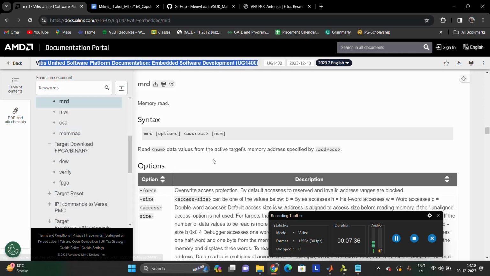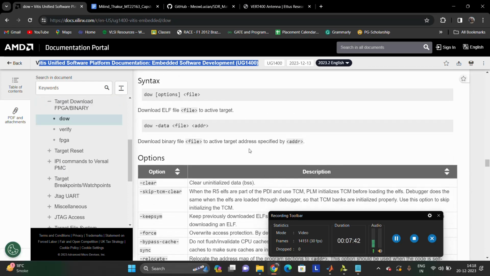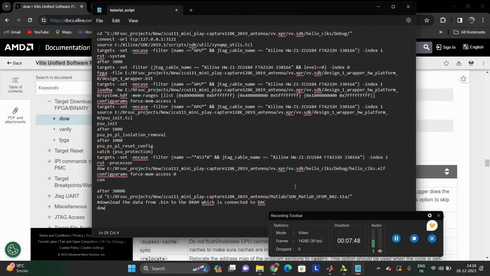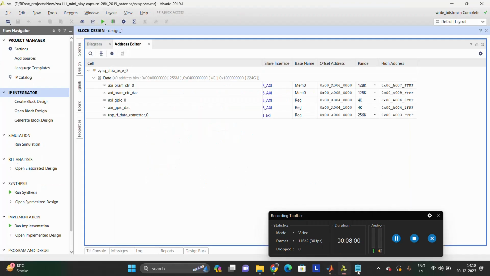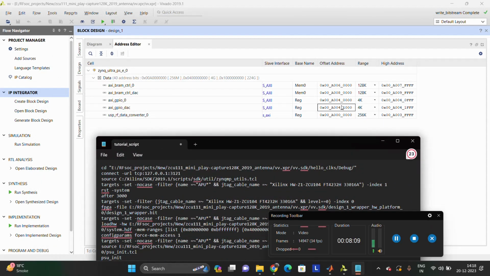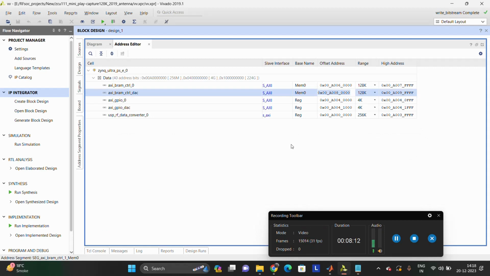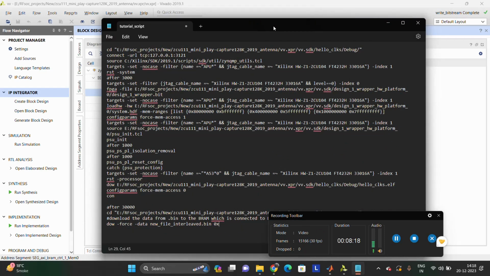software development tool. This is the command that will download binary file onto the target address specified. So I will be using this command. I will be giving the file name from here, .bin, and I will give the address of the DAC which is present with the address of BRAM which is connected to DAC. So the address is,